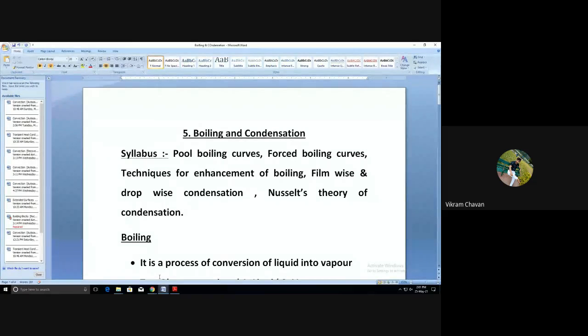Okay, so for boiling of water, the saturation temperature is 100 degrees Celsius if the pressure on the surface of the liquid is 1 atmospheric pressure, or 1 bar pressure, we can say. So at that condition only, the water will get boiled at 100 degrees Celsius. If you change the atmospheric pressure, then the saturation temperature or phase change temperature also gets changed.